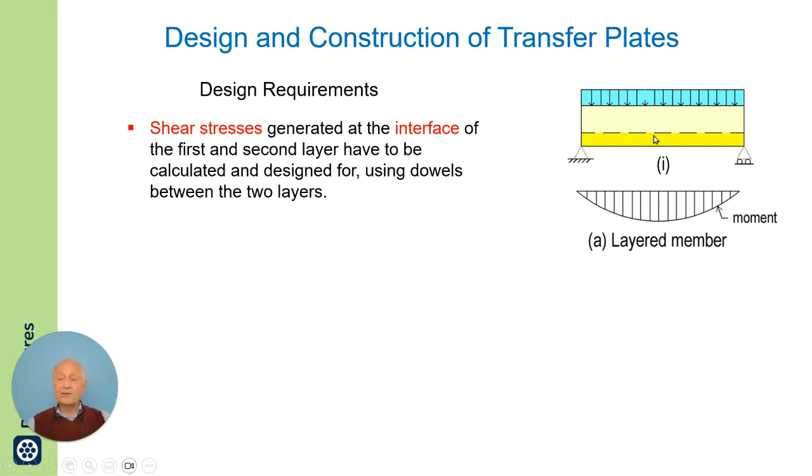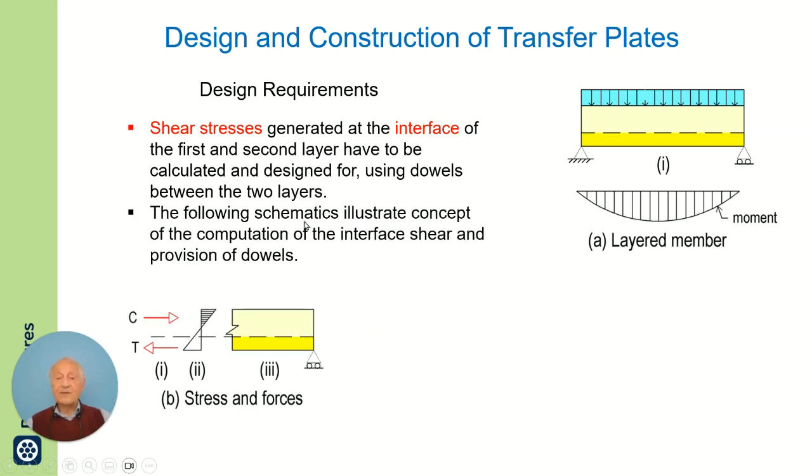This image at the right shows the completed configuration with the load on the plate, and the bending moment for the entire applied load shown here. The following schematic illustrates the concept of the computation of the interface shear. Under this bending moment, you have a distribution of stress like this. You have compression at the top, tension at the bottom. If this is the layer,